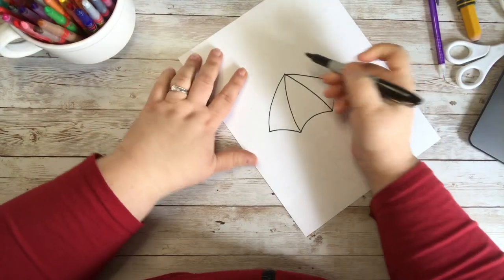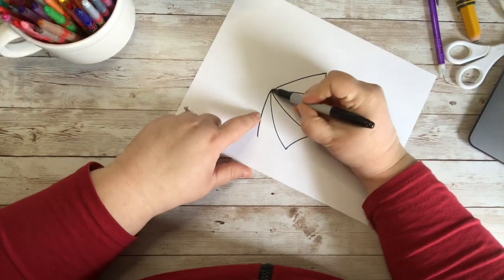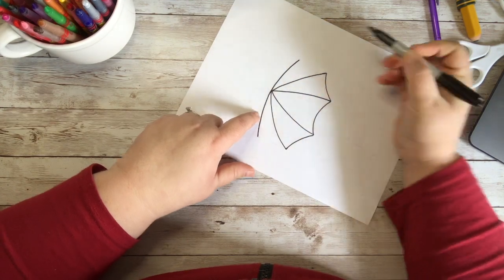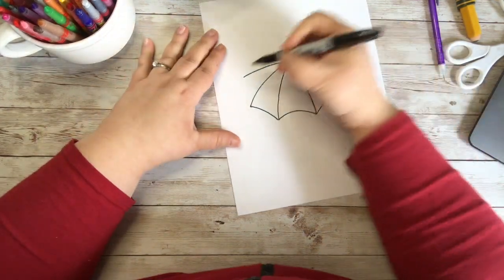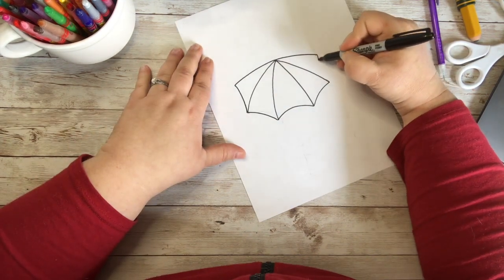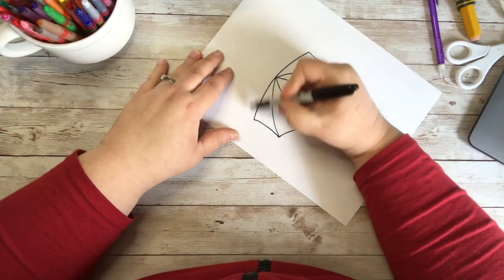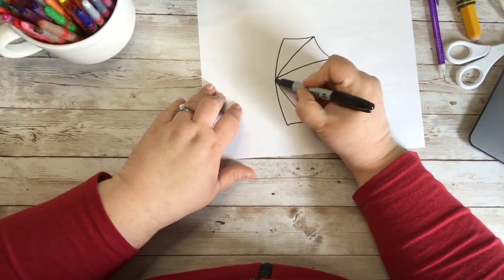And then I'm going to curve out. So this one's going to come out more. This one's going to come out more. And then these pieces are going to also kind of curve into that part. And they're going to be a little more on the straight side. And then these last few pieces back here are going to be